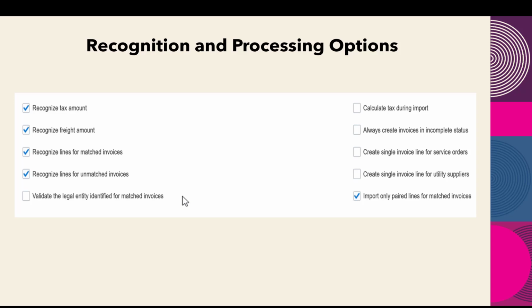When this box is checked, the import program will use the legal entity from the invoice document for matched invoice. If the legal entity is not recognized from the invoice document, Payables will derive the default legal entity from purchase order. Payables will also verify that the legal entity identified for the invoice matches the legal entity of the purchase order recognized from the invoice. If legal entity doesn't match, then the purchase order is rejected during the invoice import process and the invoice is imported in incomplete status. In the application, you can see an error on the PO field that you can correct